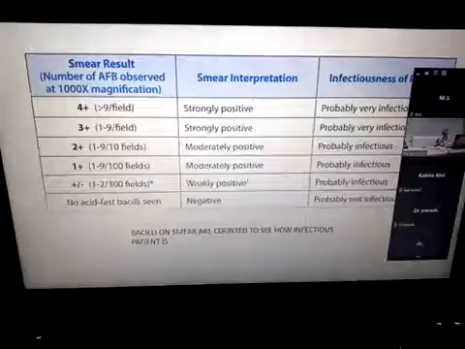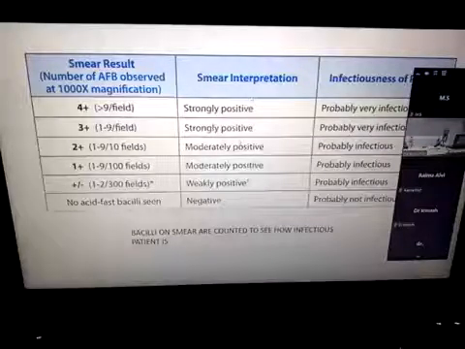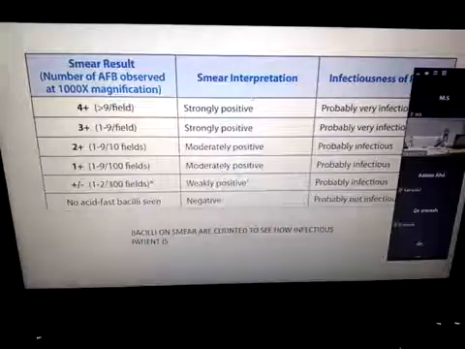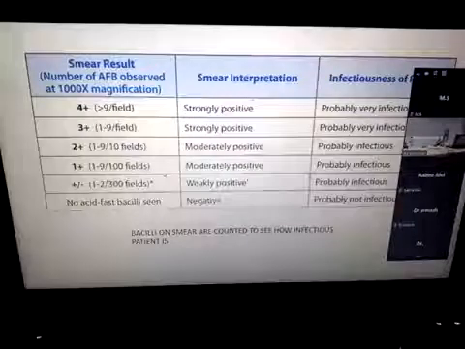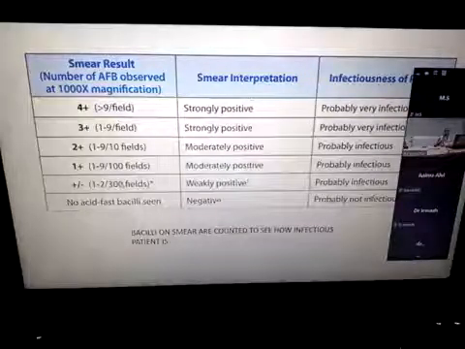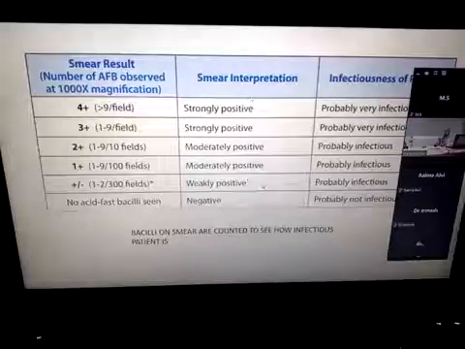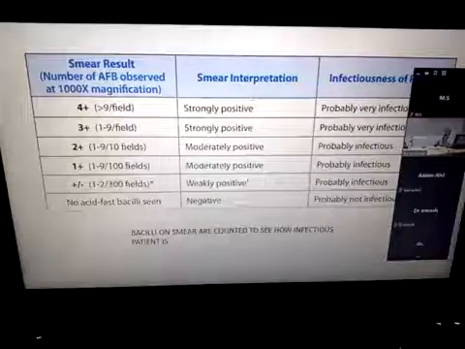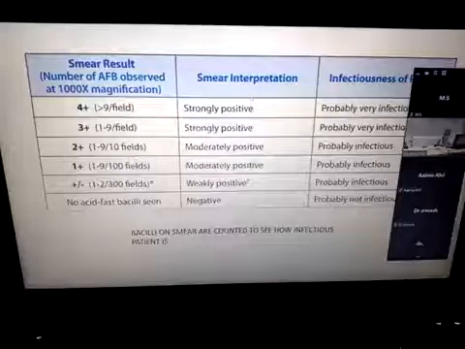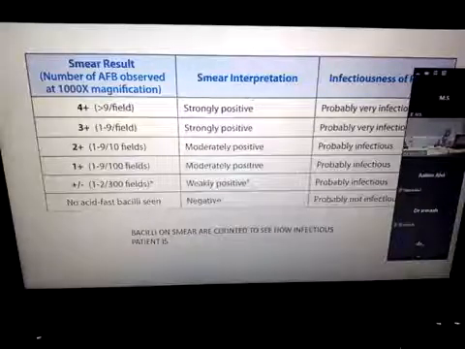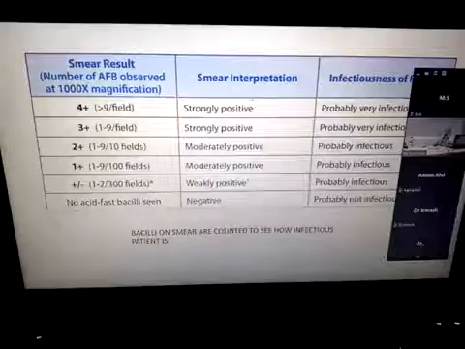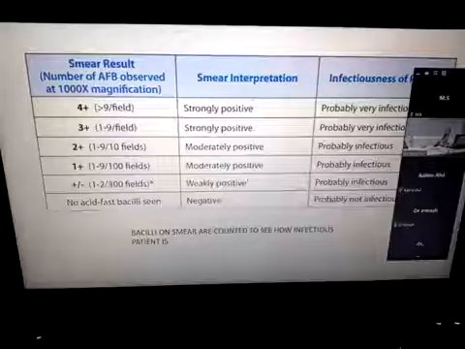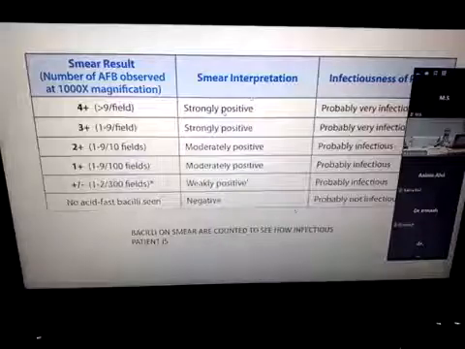And the other thing that you need to remember is, of course that does not entail that if we have 1+ or weakly positive, 1 to 2 bacilli or rare or scanty, then the patient will not transmit. Because this is something to remember, that it's intermittent secretion. So if one sample has low bacilli, the other sample can have higher, depending on how you have coughed out. And the other thing to remember is that this can also be used to monitor response